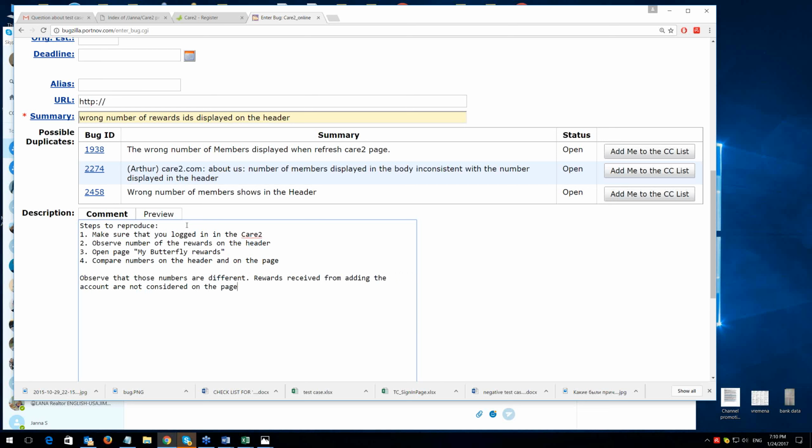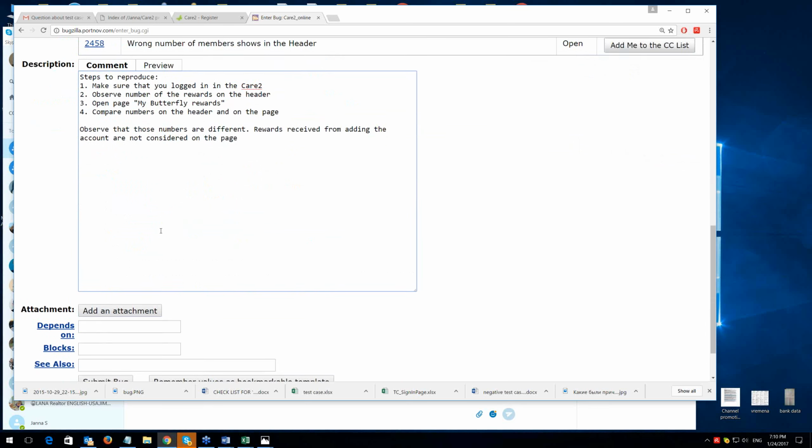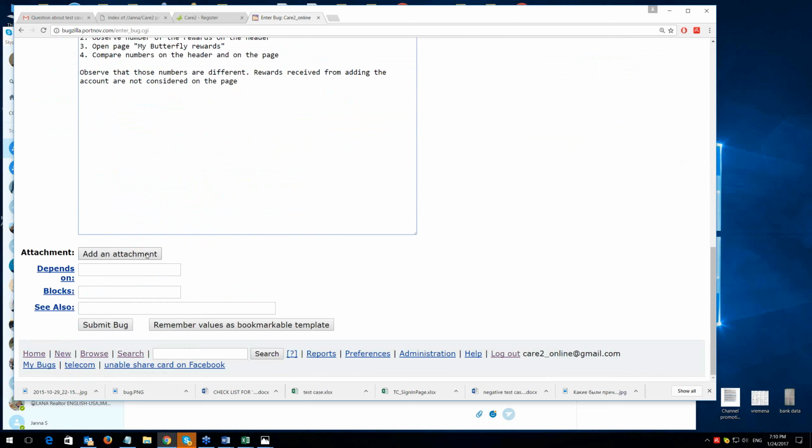So I want to help. I put the conclusion why I consider that this is a bug. What is wrong about it? Of course, it's always great to add an attachment and even to show what exactly is wrong. We have other fields here, such as depends on.